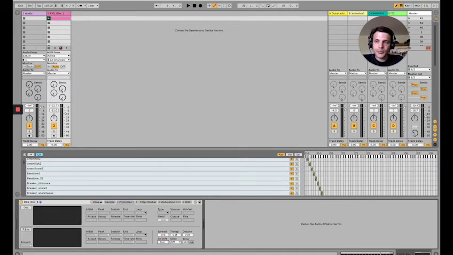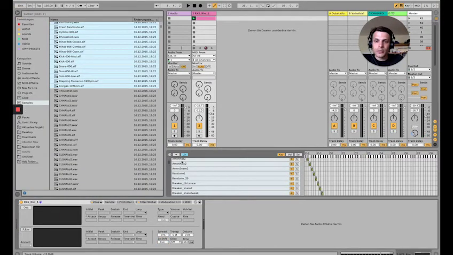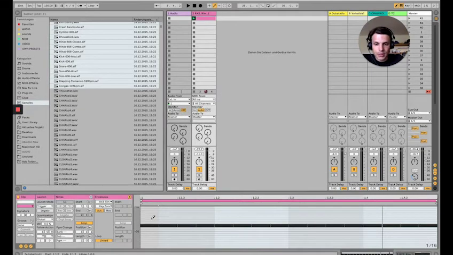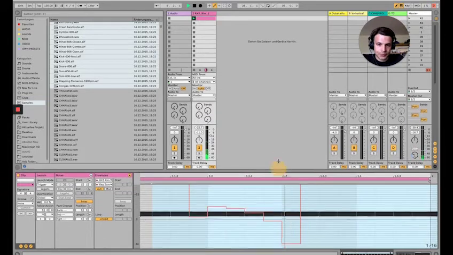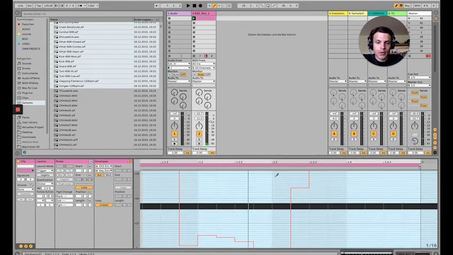You can automate this. Basically, go to Automation, right-click Automation, and we just make a random curve here. So now each note will have a different sample according to our automation. So if you play this, we should get this, basically. It's not so obvious here, but you get the idea. So let us delete this automation,